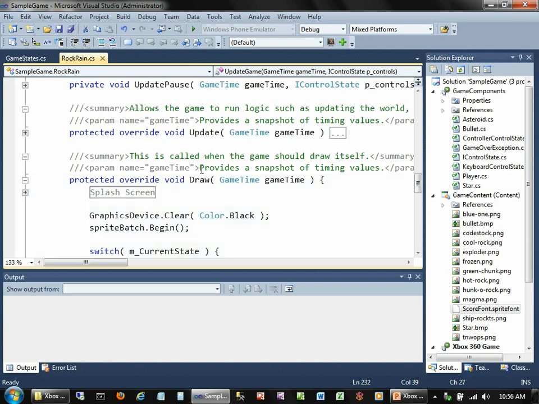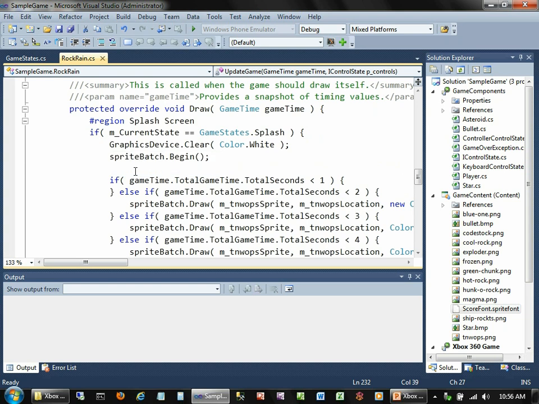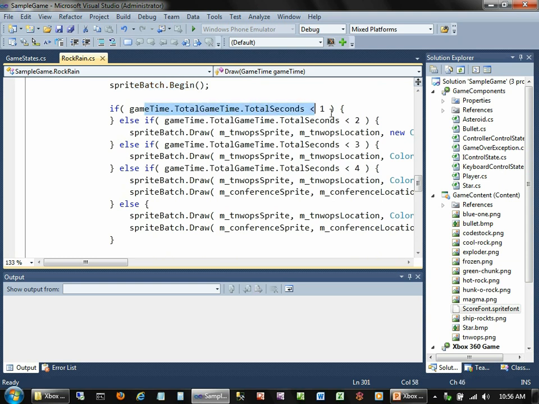All right. We've got draw code here. Here's my splash screen. For the splash screen, make the screen white, start a sprite batch. If we're in the first second, don't do anything. If we're in the second,